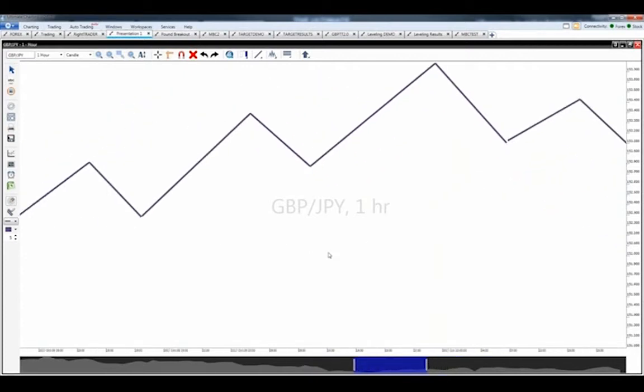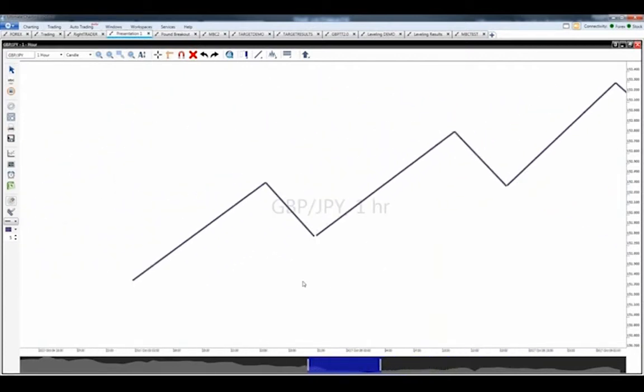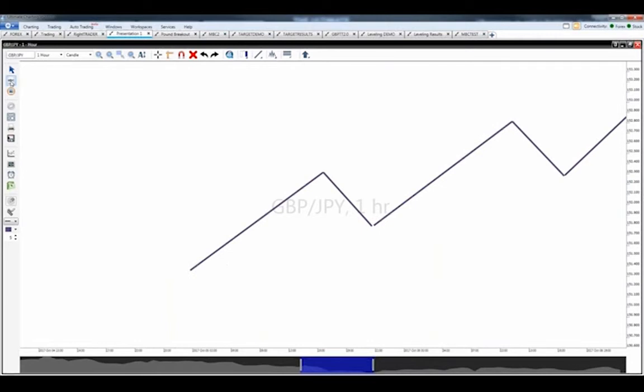I'm going to draw out the ABCDs for you right here, okay? This would be what is called my A boundary. Right here would be what is called my B boundary. This is what is called my C entry, and this would be called my D extension. So I've got my A boundary, my B boundary, my C reversal and entry, and my D extension.